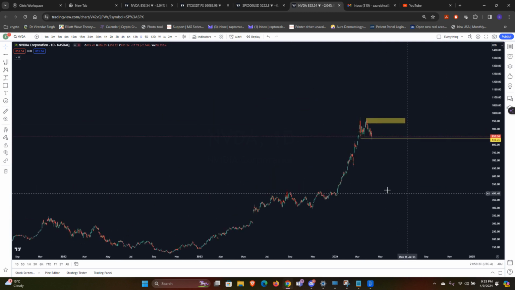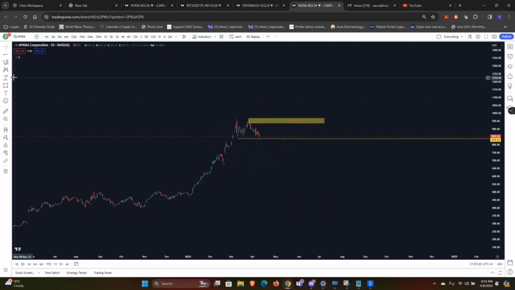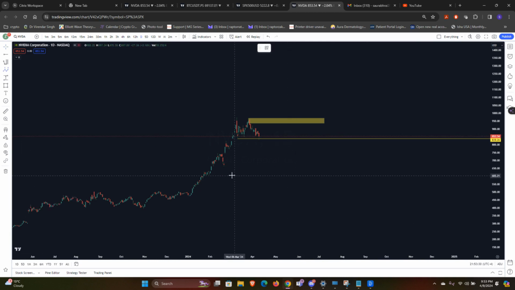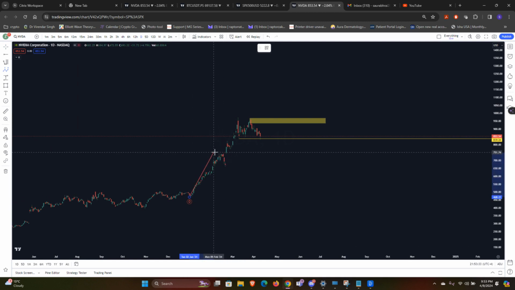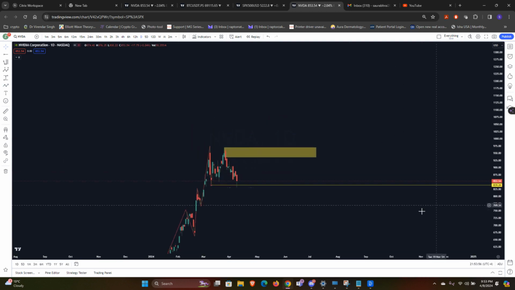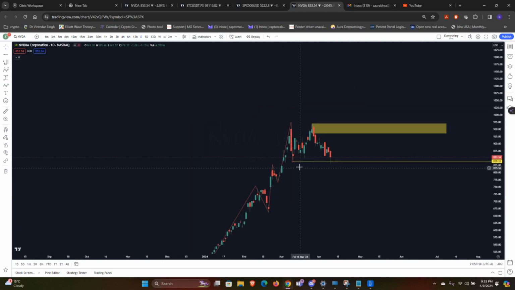So if we draw out the market structure here, this is what I see. Sorry, the wrong tool here. And that's the significant low. That's the last significant low. Okay. And what we are doing here is we are likely,